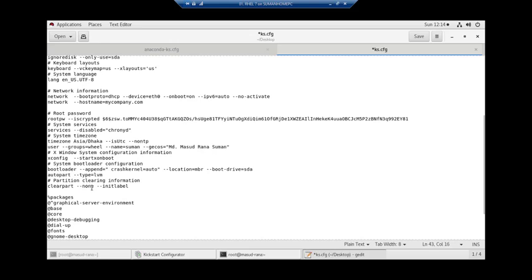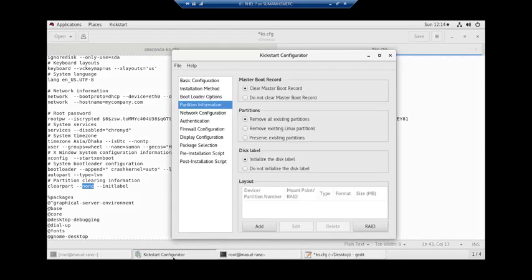This will basically be what this command makes. This command is this thing. Let me show you. Partition information, that is the partition, that is remove all existing partition. If there is none, that means preserve existing partition.